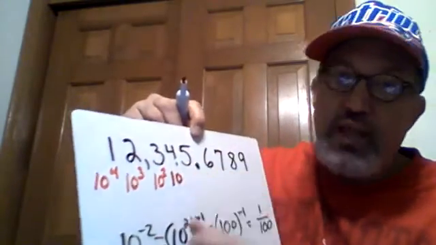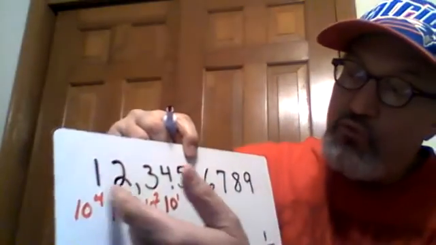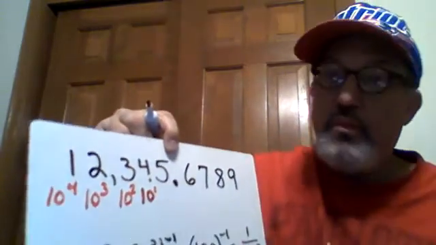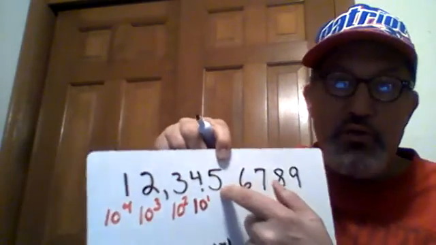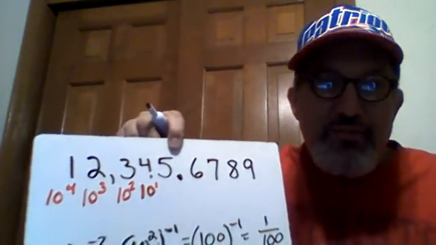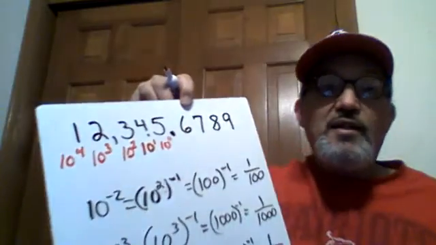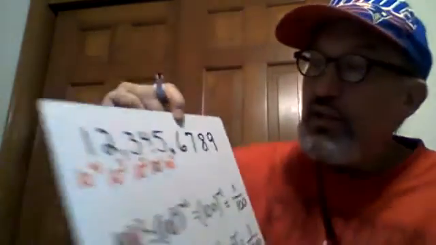Well, the 4 is in the tens place. We saw earlier that, as we suspected, 10 can be thought of as 10 to the 1. So here we have 4, 3, 2, 1 as we go from left to right. And the ones place, which up until now you've always called simply the ones place, you can now think of as one of the powers of 10 places. It's 10 to the 0. The ones place is 10 to the 0. Okay, so the pattern left to right continues, 4, 3, 2, 1, 0, and it continues forever,